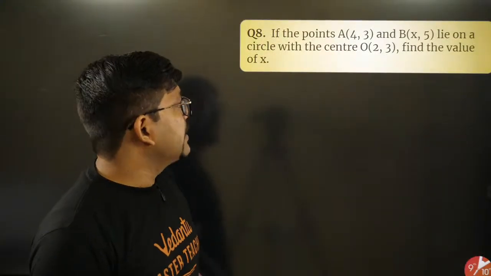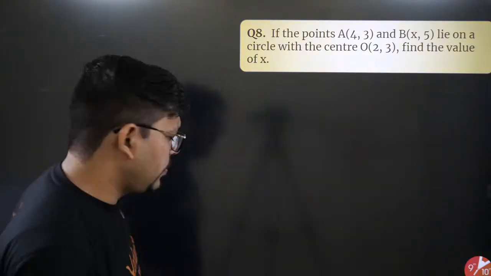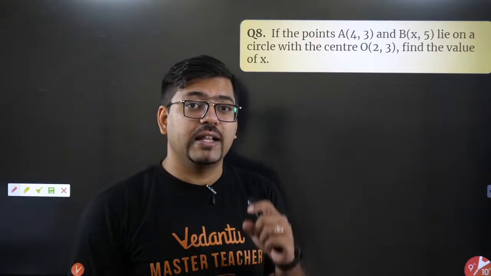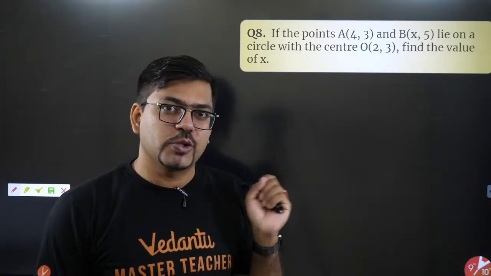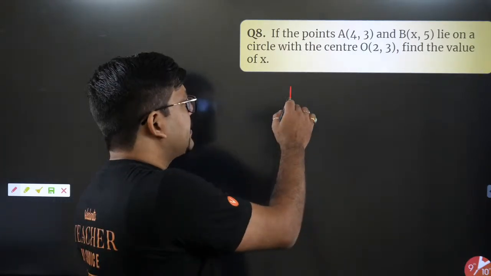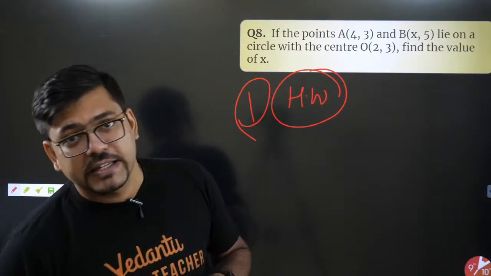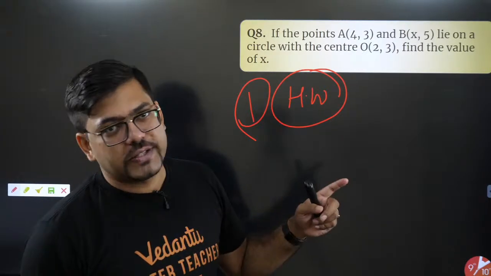Final. This is the question, find the value of x, and this question I want to give you as homework. Why homework? Because you would be able to see that this is exactly the same question, the same as what we did for p. Do you remember we had find value of p equals 1? So guys, this is your homework. Homework number 1. So everyone please write it down, take a snapshot of this, and you have to solve this.